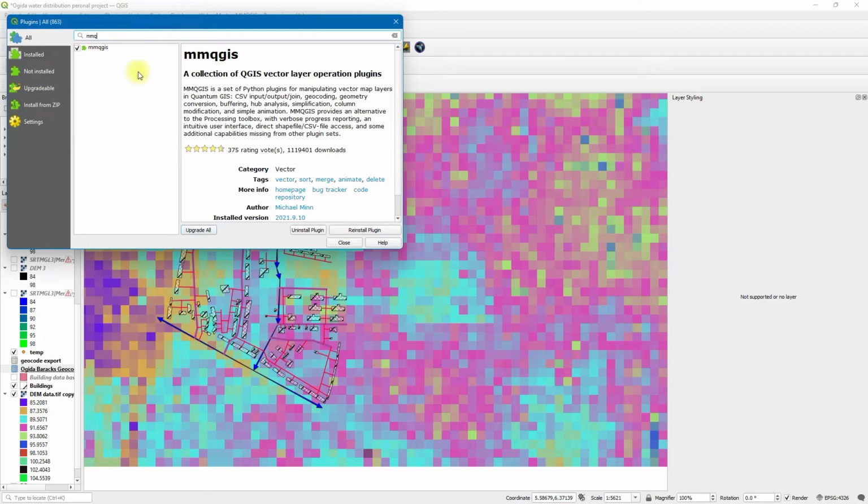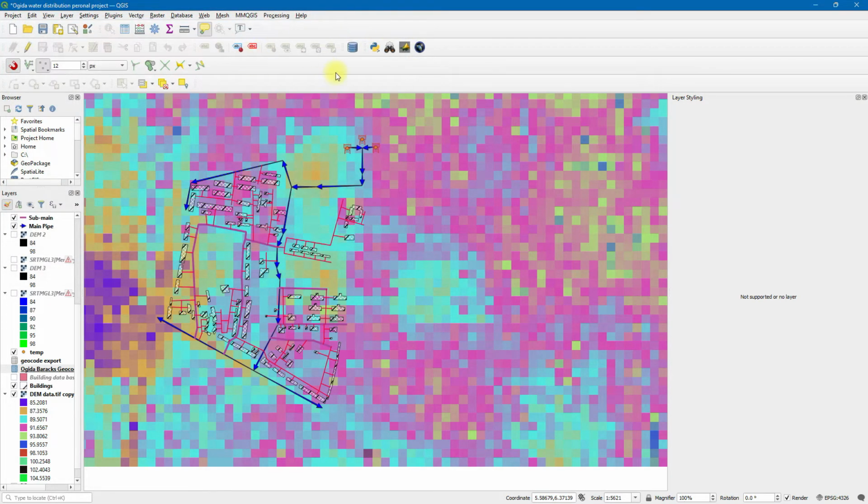You quickly see it, install plugin, and ensure it is ticked here so that you can see the icon on your toolbar. So here you go to Geocode, you go to reverse Geocode,